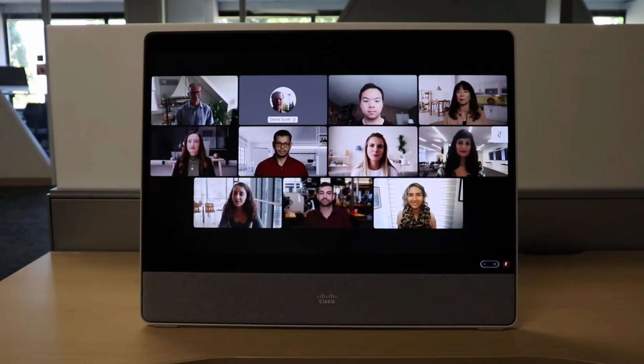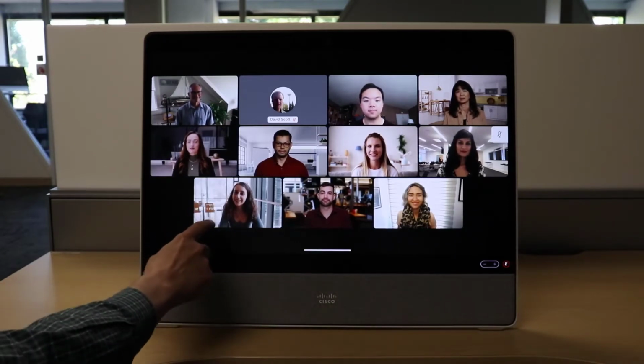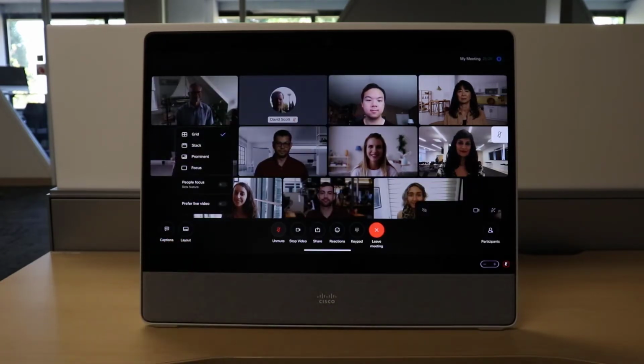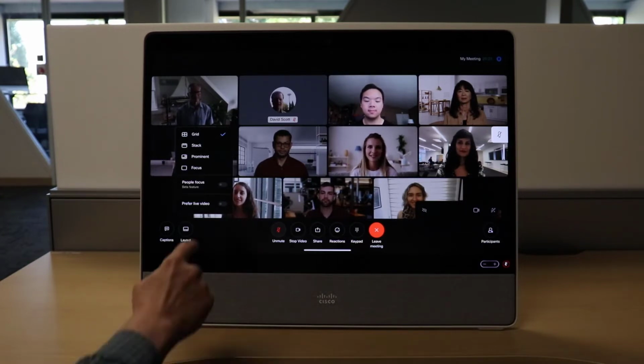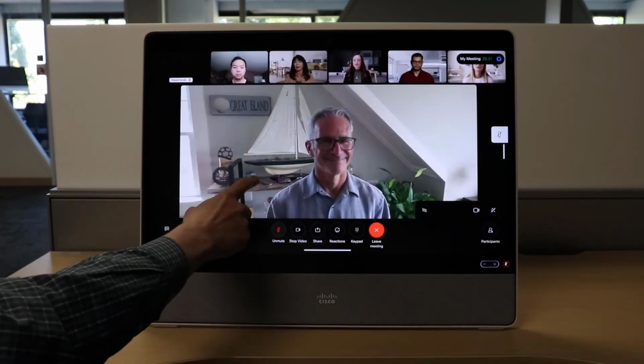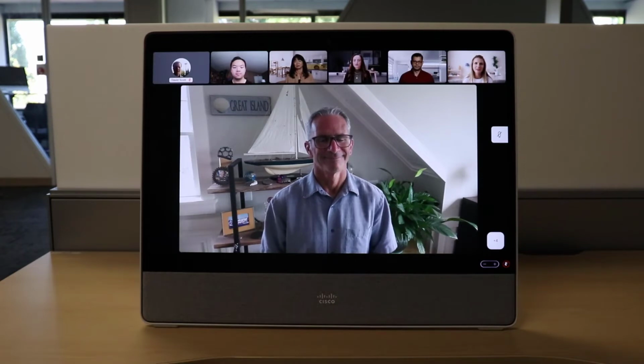In this brief video, we will look at the Layouts button. And when I click on the Layouts button, I see everyone in a grid. This is the default, and I will now change this to Stack. With Stack View, this allows me to see the active speaker on the bottom with the other participants on the